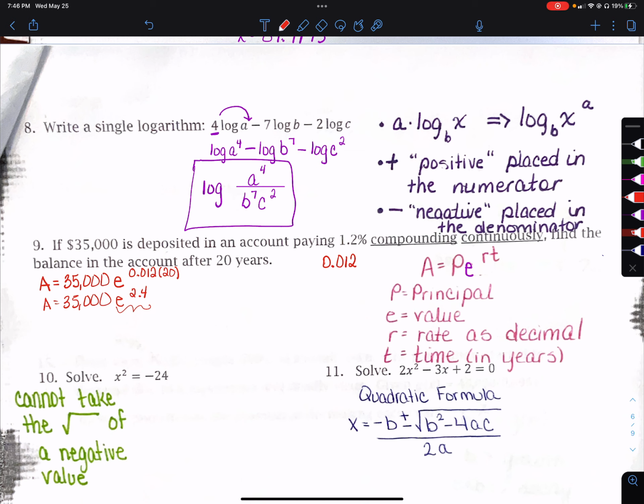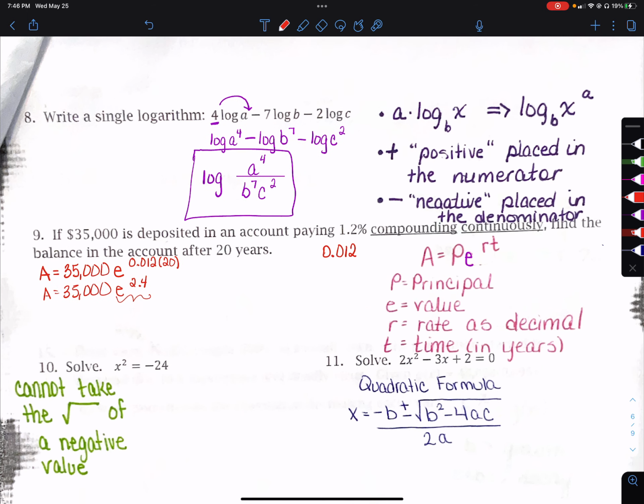I'm sorry, nope. Let's try that again. So we're going to put in e, and then we're going to put in the xy button. It's under the M plus. X to the power of y, and we're going to put in 2.4. So then I get A is equal to